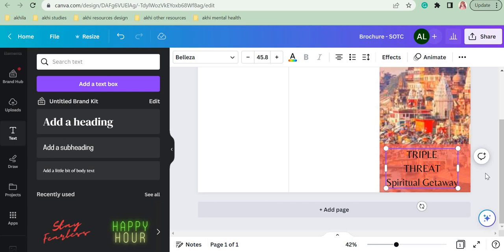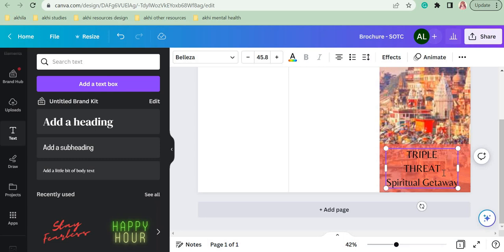So how to do that? Very simple. I'll teach you step by step. There are 3 things we are going to change in this text box. First is something called font. So what is a font? Font means the style of your text. If you have used MS Word, you will know what a font is. How to change the font, you all will know.